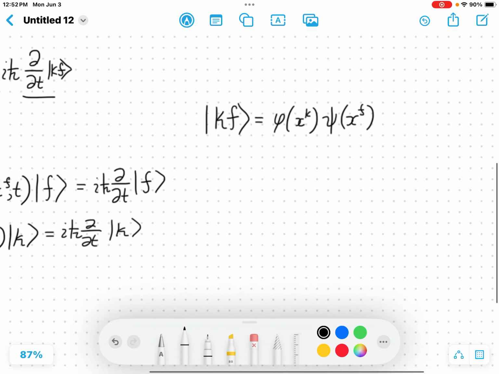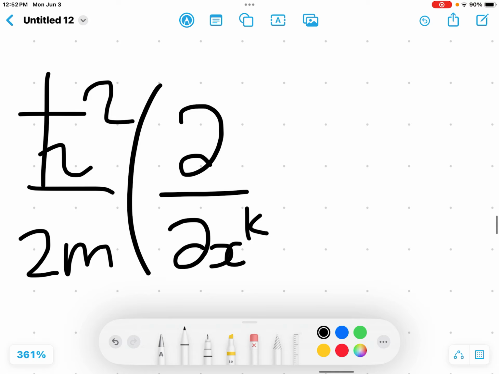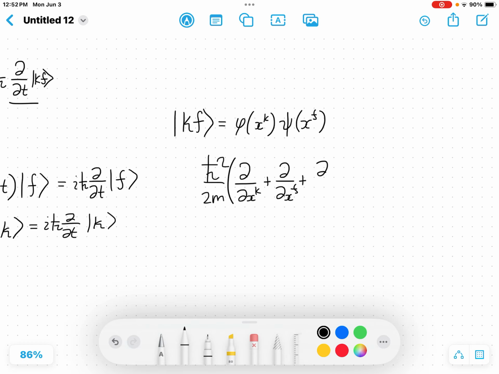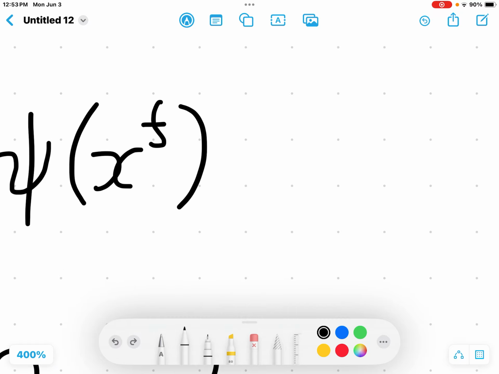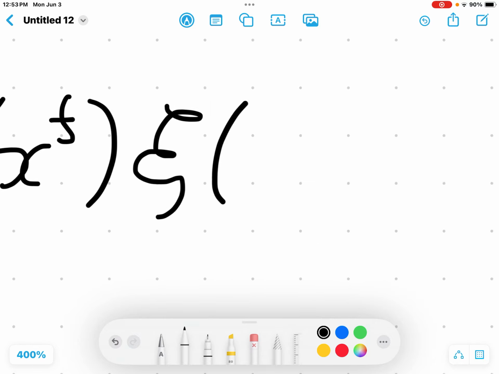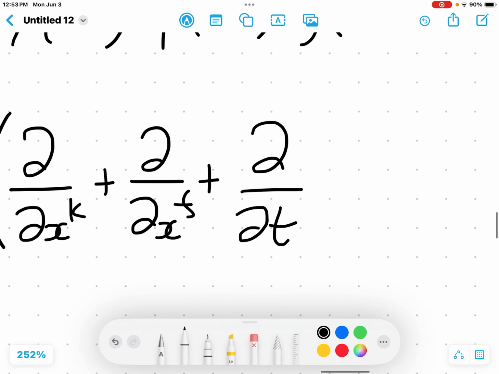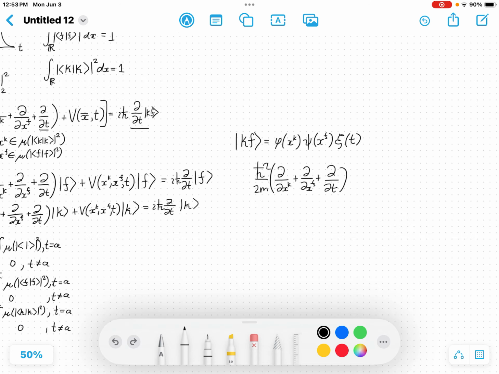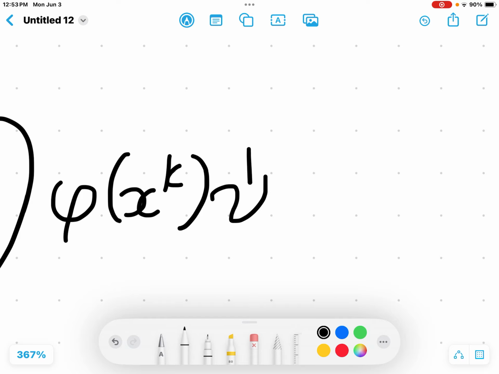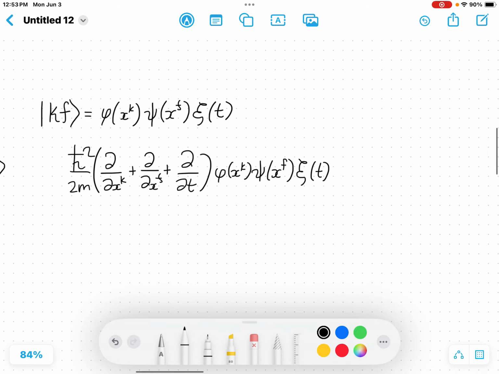So okay, here we go. ħ² over 2m times d/dxk plus d/dxf, plus we also have a function of t, by the way. We have another function, regular phi, or wait, no, I'm going to say xi of t. So d/dt. And then, assuming that we can do this, we can separate them. So phi of xk, and then psi of xf, and then I have my xi of t, and then this is plus